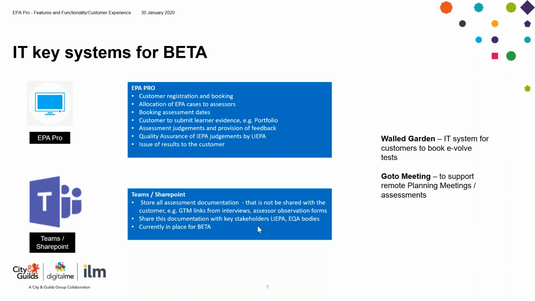Now, this is currently in place for beta, and when I did the training last week, we spoke about this. We know this needs to evolve. And the initial feedback from the technology team that is supporting with this is that the company that we're working with is already looking at a solution to ensure that the documentation will be in one place rather than two. So we're starting beta with this, but this will evolve as we move through beta. So we're expecting a reasonably rapid change to this, but for the moment, that's where we are. Any questions at this point?